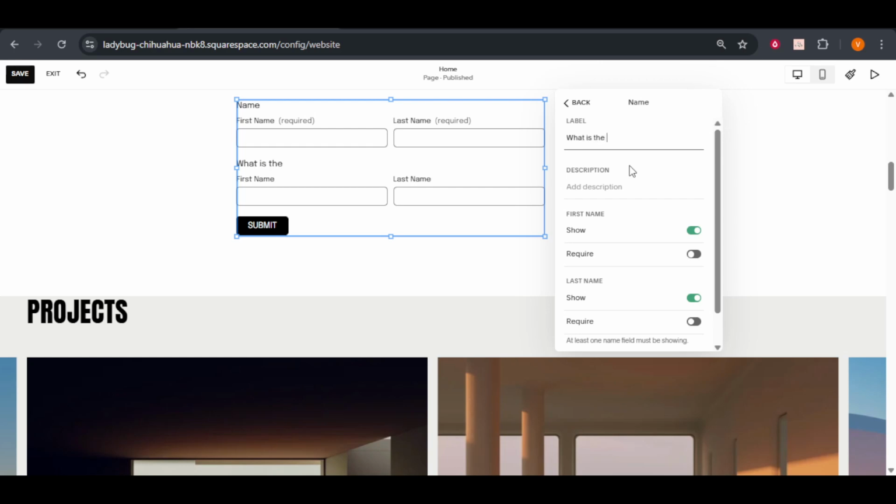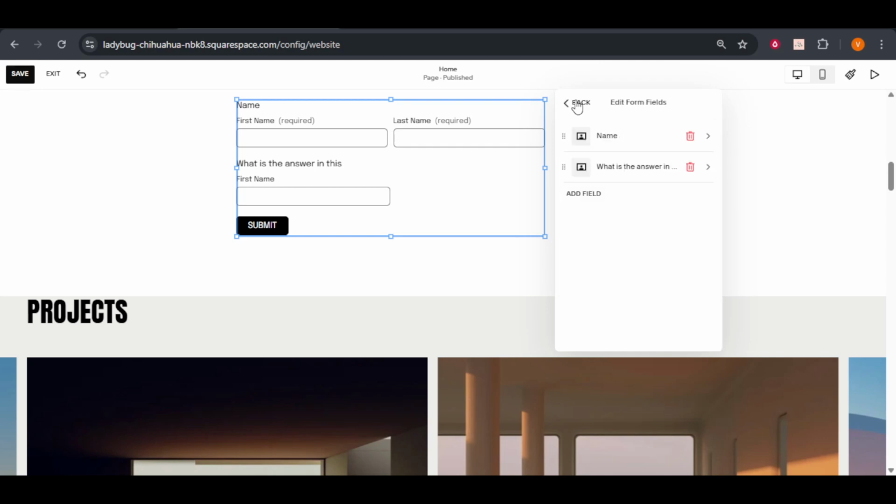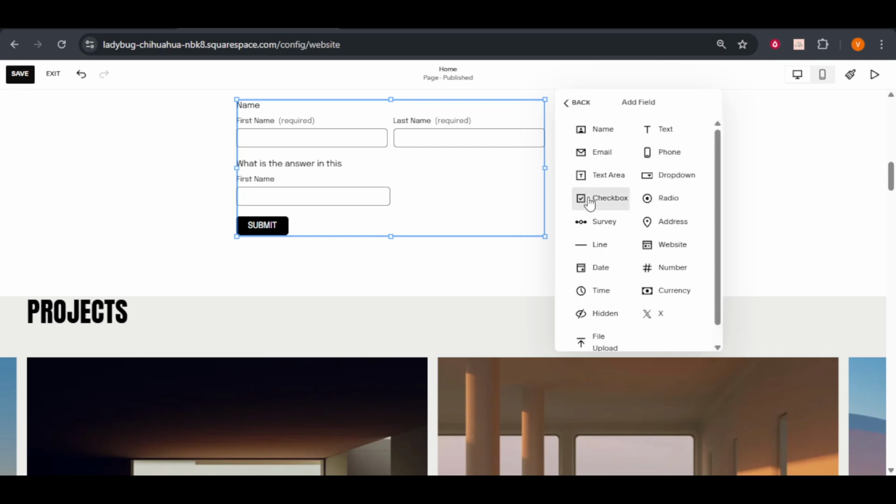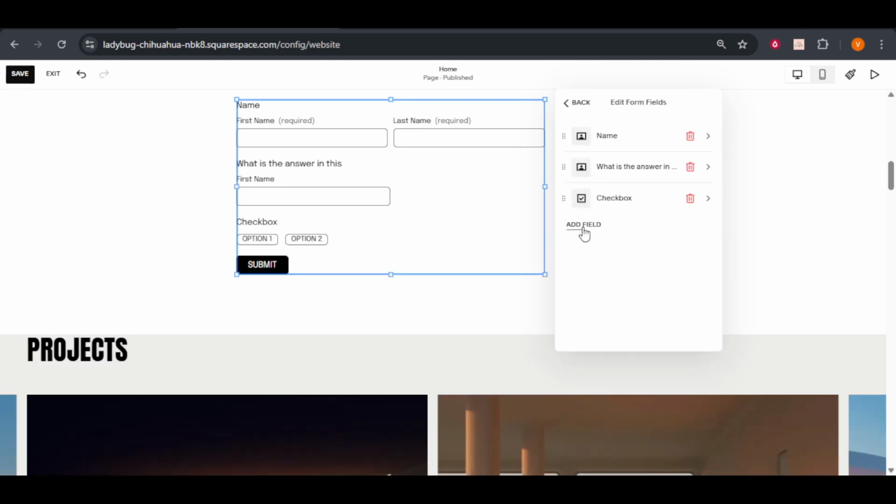As you set up your question fields, consider the flow and order of your questions. Try to make them intuitive and engaging to keep the participant interested. Once you've added your questions, you may want to add a submit button to finalize the quiz. Squarespace allows you to customize the button text, so feel free to get creative or keep it straightforward with something